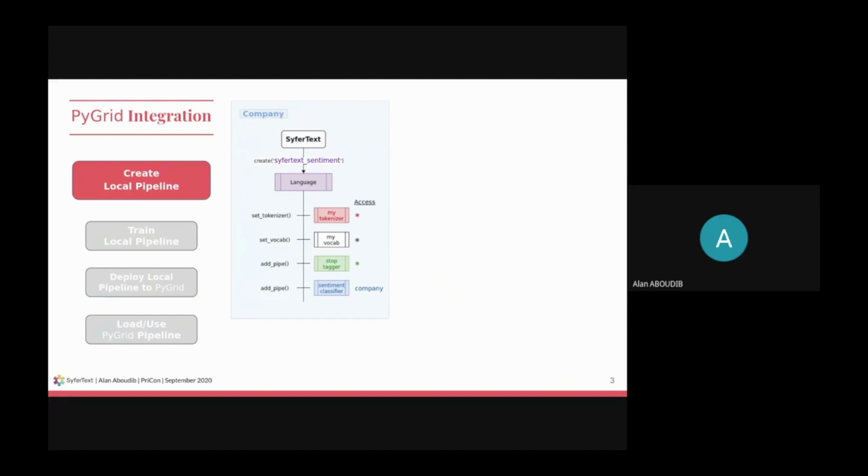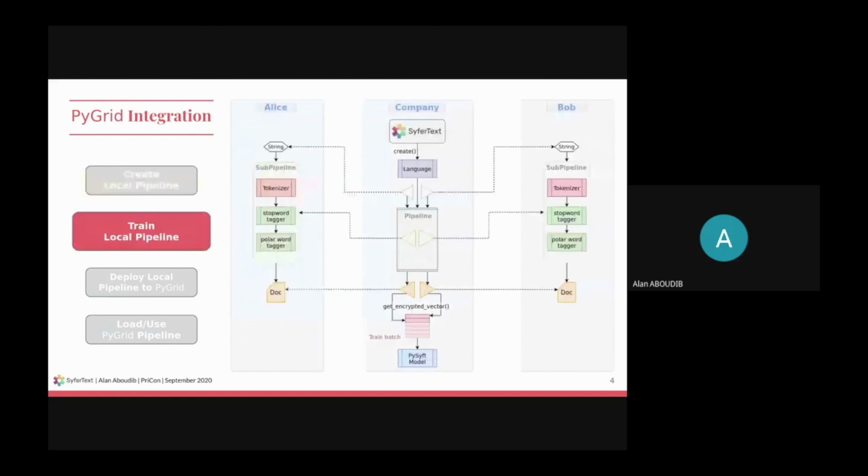In the privacy-preserving setting, or when we have privacy constraints, once you create this pipeline locally using the library, the strings you are going to process are often situated on other workers, on other machines. So CipherText should analyze this pipeline, and the parts that do the pre-processing should be separated and sent to that remote worker, and training with the model, the last pipe component, should happen on your machine